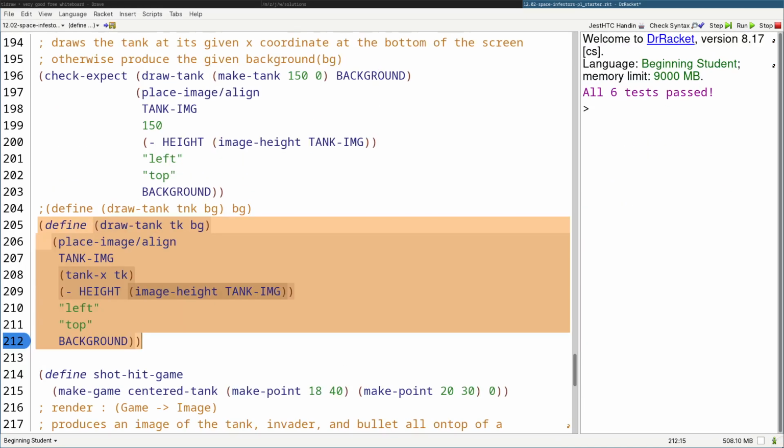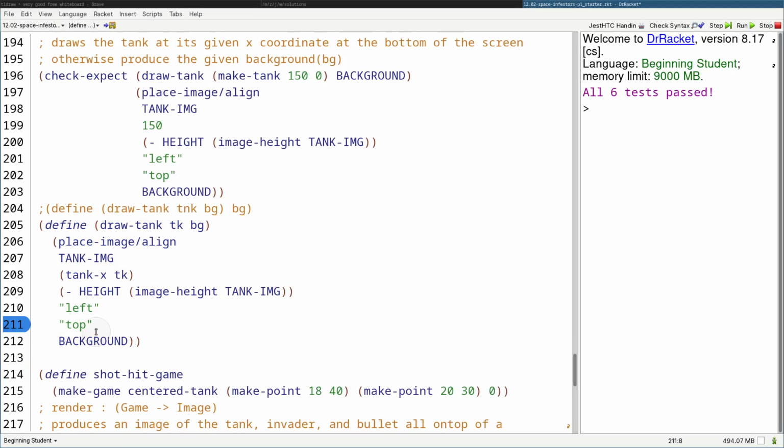So this is future me, and I noticed that there's a bug with draw tank, right? It should be on the given background, not this static background. So it should be like this, BG, okay? Let me show you guys why this is the case actually. So if I play around with this,